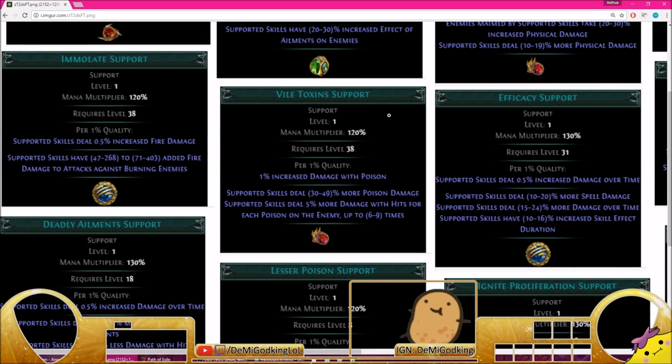Vile Toxins. 1% increased damage with poison for quality. Supported skills deal 30 to 49% more poison damage. Supported skills deal 5% more damage with hits for each poison on the enemy, up to 6 to 9 times. I like this style. The way I'm imagining this is kind of the same as